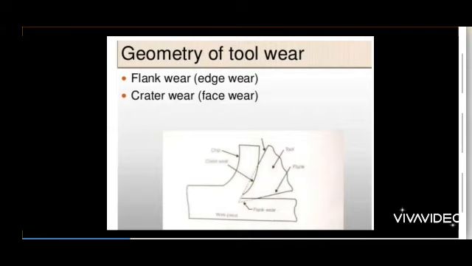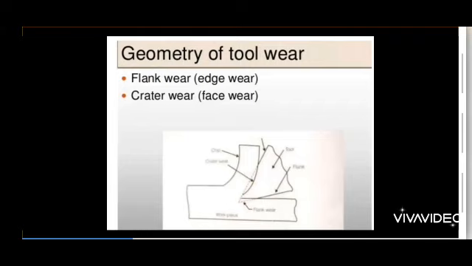Flank wear, you see, is along the clearance face, the bottom of the tool. In flank wear, the dotted line indicates the original geometry of the tool. The gap between the dotted line and the dark line is the wear out of the tool. The original geometry has a triangular shape.